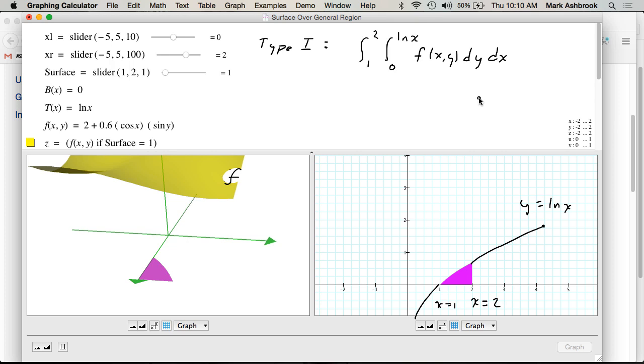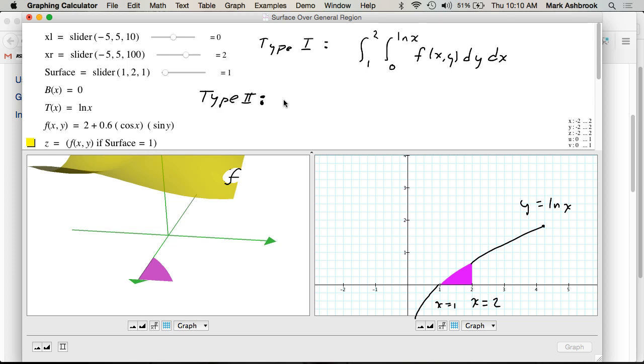Good. So, and that would be geometrically, it'd be what? The volume under f down to the xy plane over that purple region. Or what? If f curves underneath the xy plane somewhere in that region, then we're going to get a difference of volumes, right? Difference of volumes. Okay, so now type 2